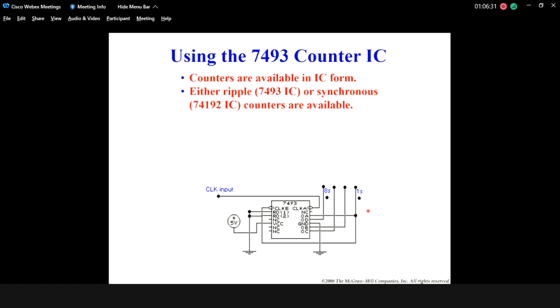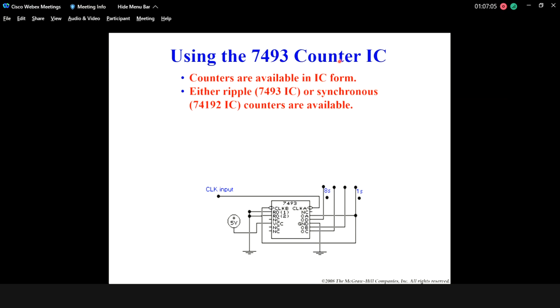Now we will see how we use a counter IC. Because our life is already difficult, don't make it more difficult by trying to choose single flip-flops and make the connections. Of course you can do that, but if you just want that type of 4-bit counter, you can just use